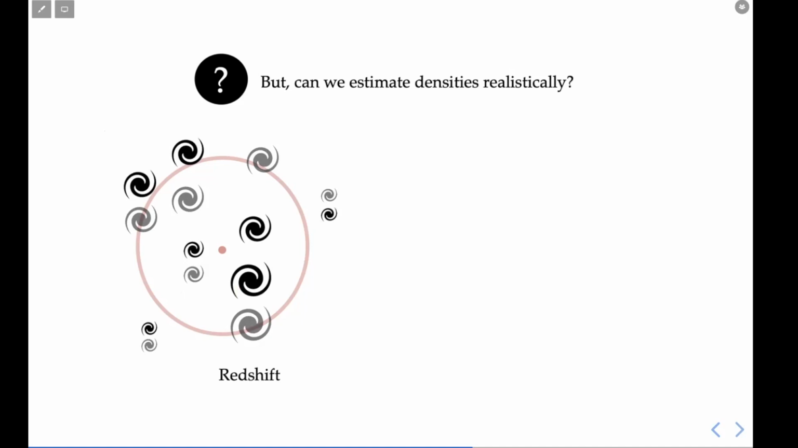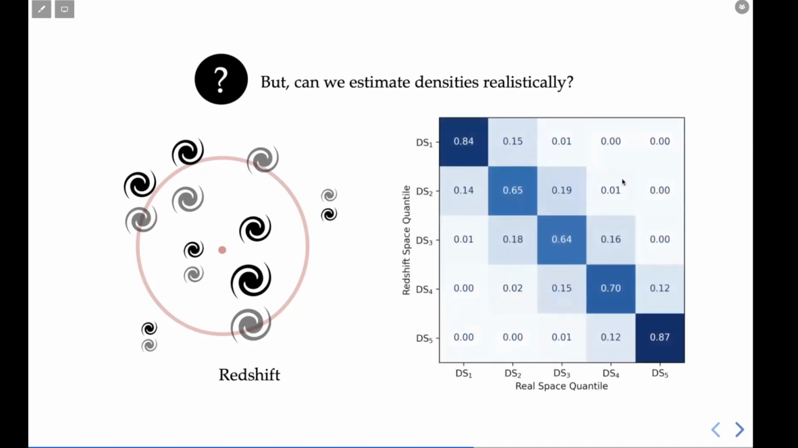So how different is the density estimation in redshift space from real space? We can look at the grouping of random points in the different groups and how it changes between real and redshift space. And this is what you see in this matrix here. What you see is how many points that were classified as belonging to the lowest density group in real space actually belong to that same group in redshift space. That would be this item here, 84. So I'm telling you that 84% of the random points were classified as belonging to the same group, but 14% of them